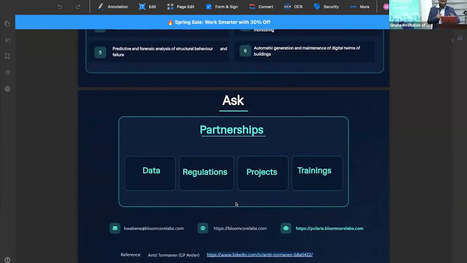So finally, I'll end with, I'm always asking for things, so bear with me, I'm going to ask you for a few things. We are looking for partnerships, one on data. Data is extremely key. So if you're an organization with data sitting on laptops, we like that. We will come in there, use our resources to make it ready for Polaris to be able to use and access